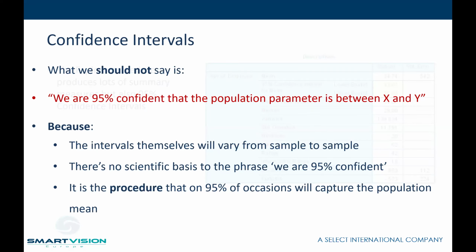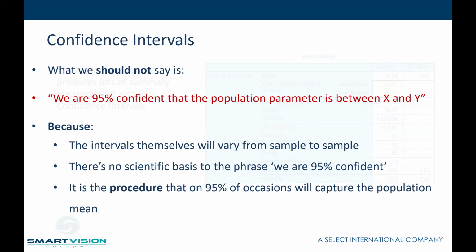Now, what I used to do at this stage was jump out to Google and type in, how to correctly interpret confidence intervals. And the first answer that you would get is, confidence intervals show you that you could be 95% confident the population parameter is between X and Y. So it was actually wrong, and